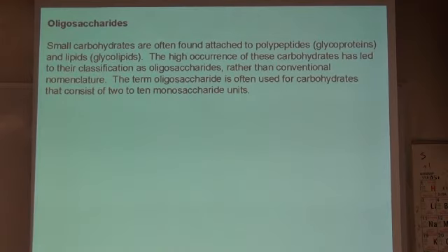polymers of monosaccharides. But they occur with such prevalence in biological systems. It seems like you see them all over the place, these little chains of 6 or 5 or 9 or 10 or whatever. We just call them oligo. That's just a general term that we give to these medium-sized chains that are ubiquitous. They're all over the place.